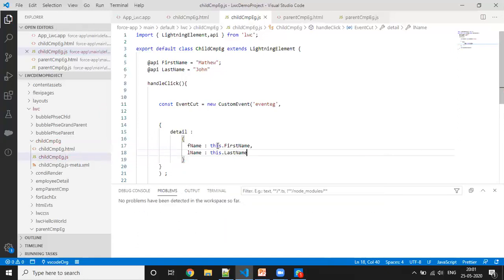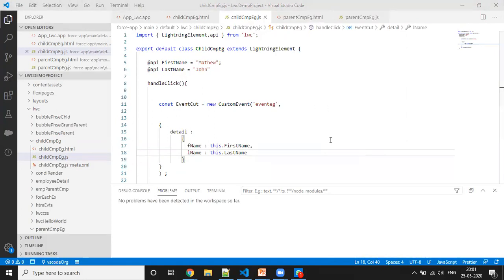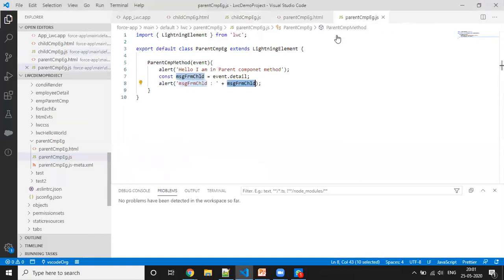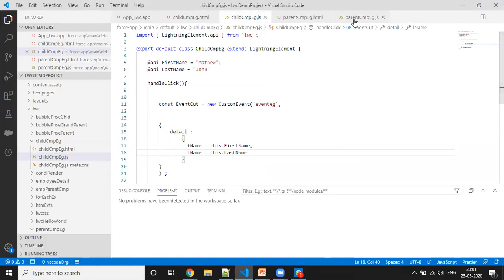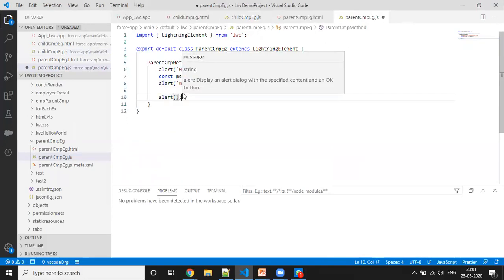Okay, so when we are on the parent, how are we going to access the values that we have defined here? We can create some variable for this, or we can directly alert. I'm going to alert directly instead of creating a variable. Alert, and I can give here first name.